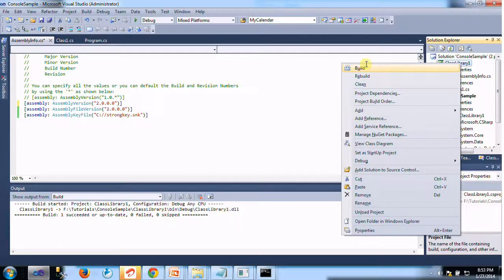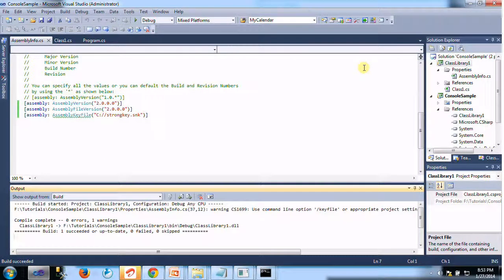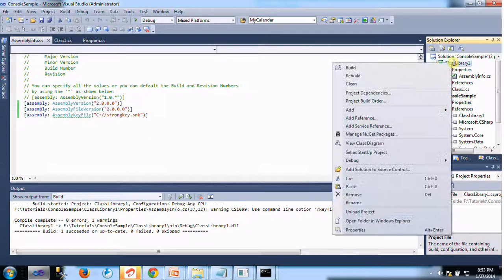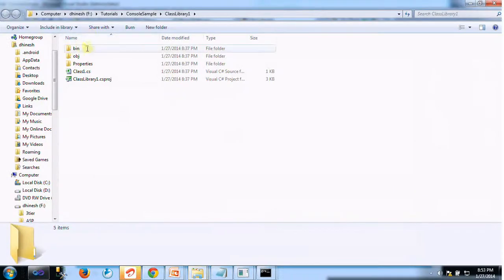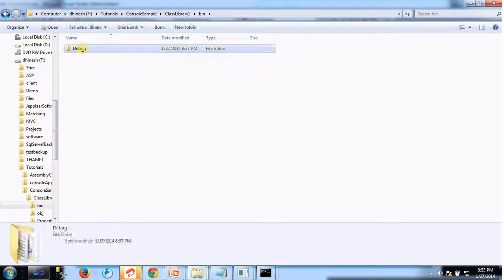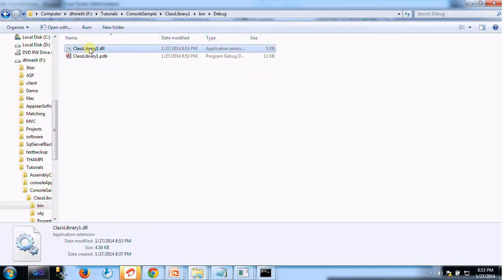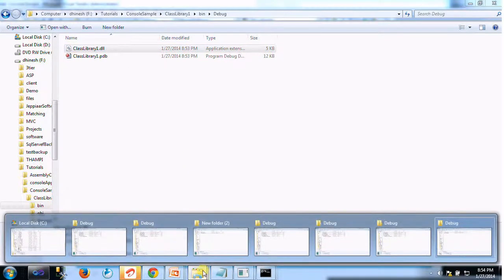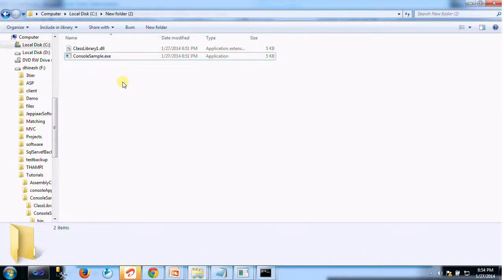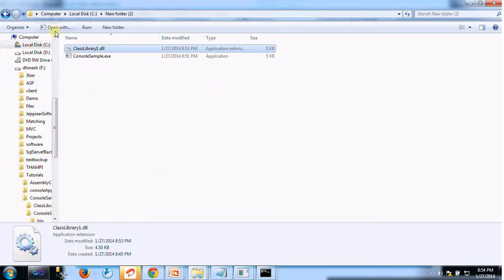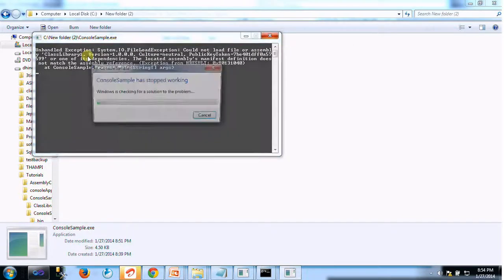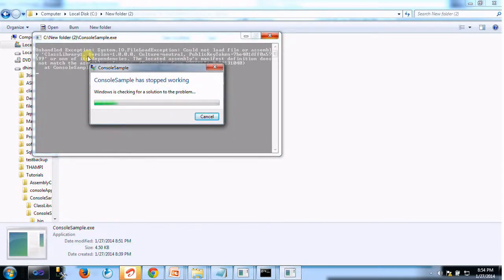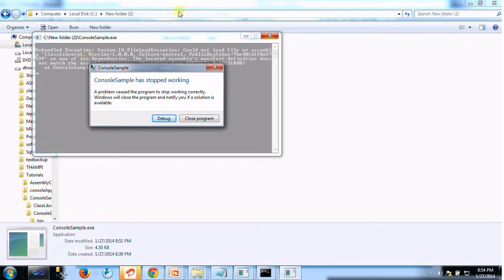Let's build it here, and open in folder locations, bin directory, and copy this DLL, which is the 2.0 version, and place it in the new folder. Let's copy and replace, and quickly check this. It throws an exception, so the version is checked because it is a strong name assembly.